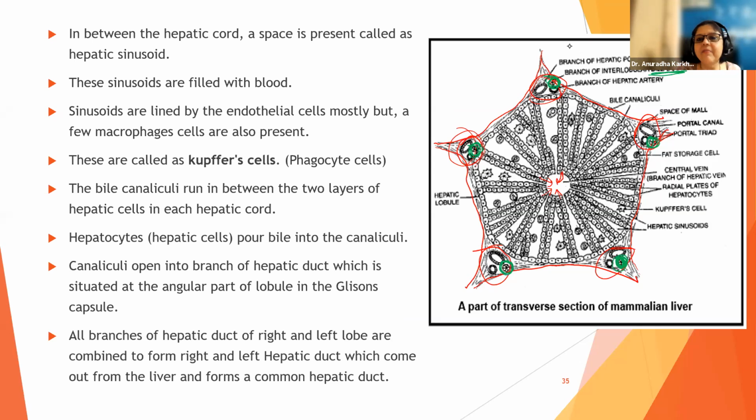Is it fine? Understood? So we went into so much detail. I'll tell you what happens in the central vein. Since it's a vein, definitely it is going to be carrying deoxygenated blood. What is the work of a vein? To carry deoxygenated blood. Correct? What is the work of an artery? To bring the oxygenated blood. Right? Correct? Just read this.